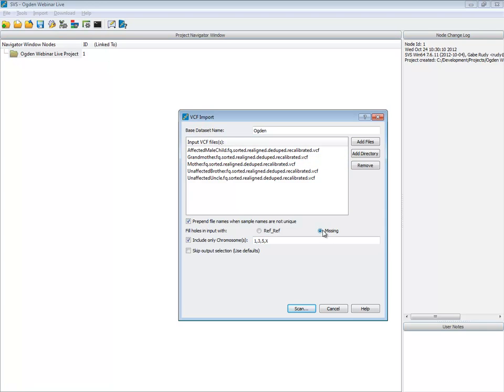We're going to fill those in with missings, which is just a personal preference, because we don't really know whether that hole is from low coverage or whether it was referenced there. For the purposes of analysis, it's all going to look the same, but just keep in mind, missing essentially means that sample most likely matches the reference at that position.